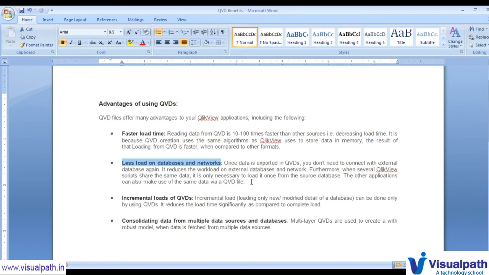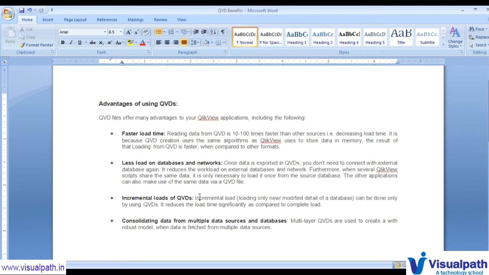Okay, and incremental loads in QVD. Incremental load is another point. Whenever you have, let's say, only 1 year of Excel or Access data, and every month the client, the end users or your stakeholders are adding new data, then by using QVD you can determine what is the last date of the existing data you have loaded.